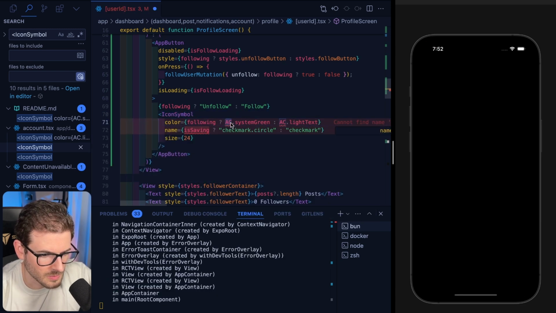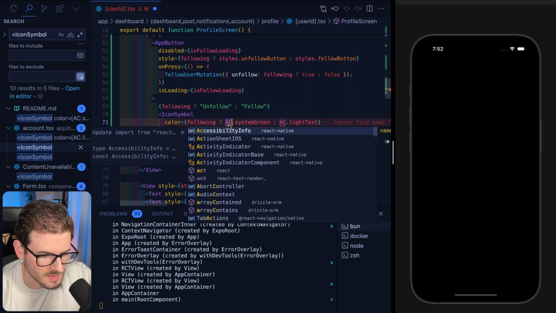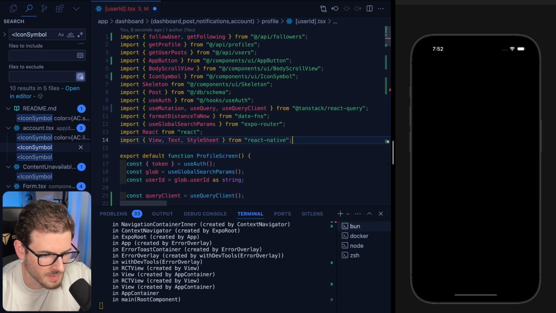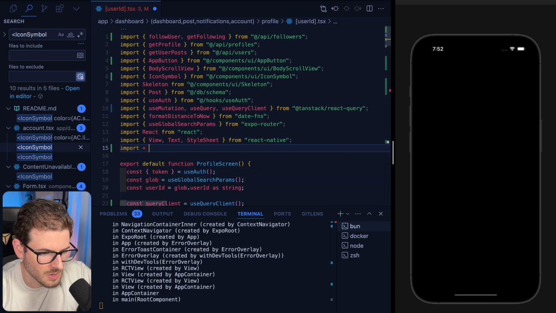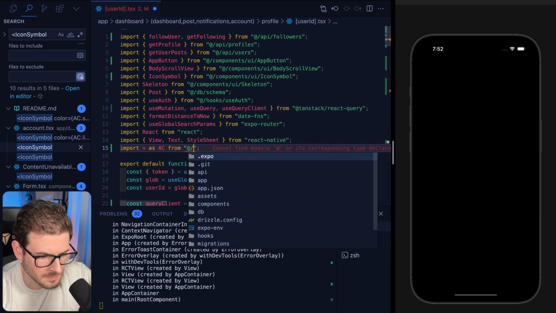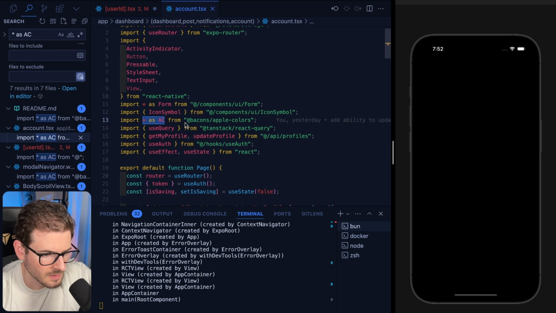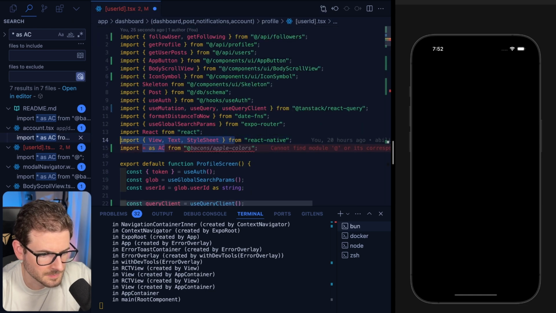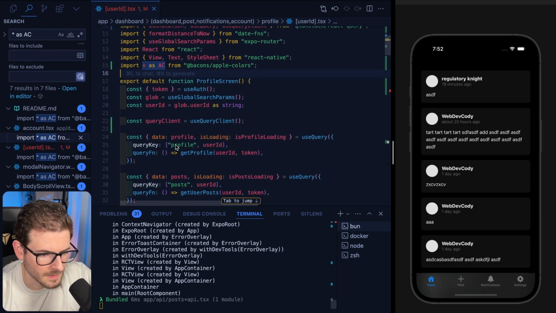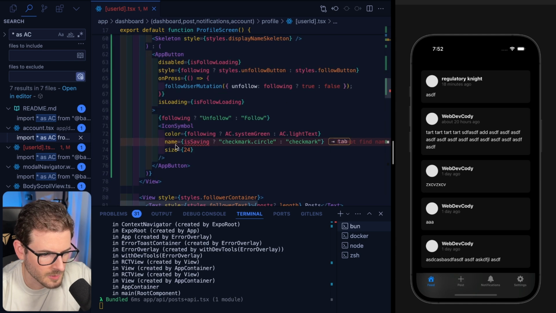We can do this AC thing, which I'll go ahead and import. Import star as AC from the app colors. Actually, I think it's called something else. Let me see where I'm doing that. I'll just copy this line. Okay. And then down here where we have that button,